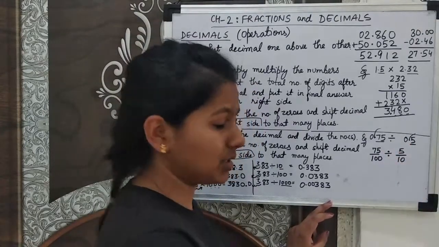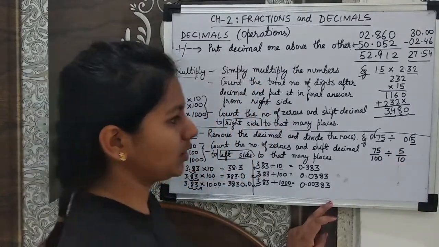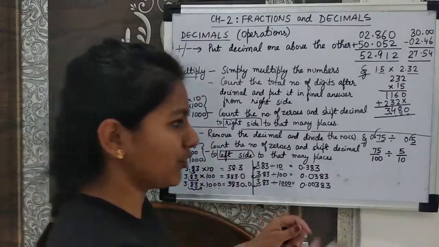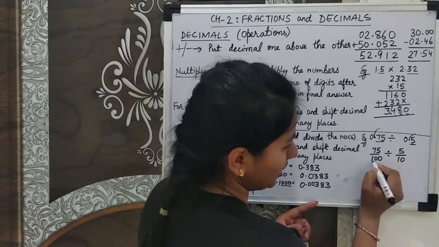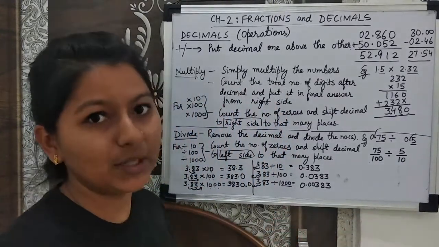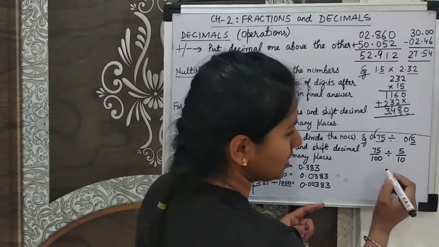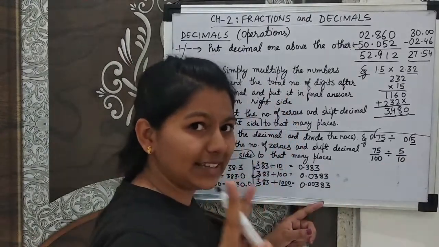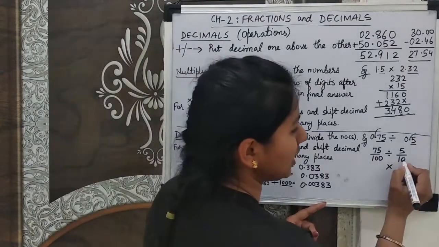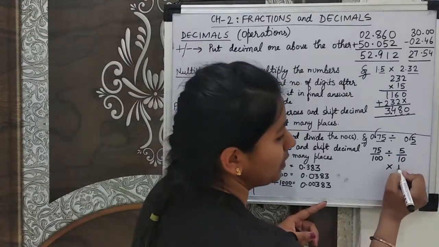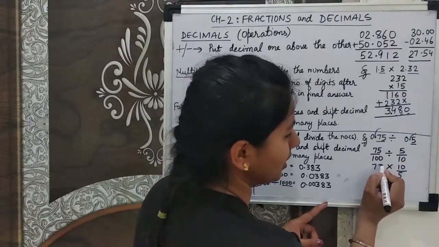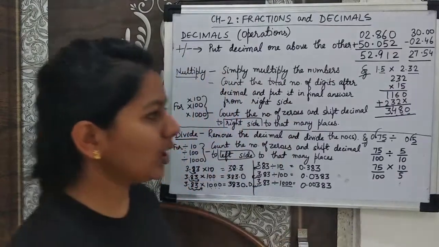अगर डेसिमल के बाद 3 डिजिट्स हैं then we have to write 1000 in the denominator. Now it's the problem of division as we are doing it in fraction also। फ्रैक्शन में हमने डिवीजन कैसे किया था, this is the first number and this is the second number। Division is only one step more than multiplication, so I will convert this into multiplication। Two changes are taking place simultaneously। First change, this divide will become multiply, and the second change, this 5/10 will become 10/5। These two changes I have done and the first one will remain as it is।